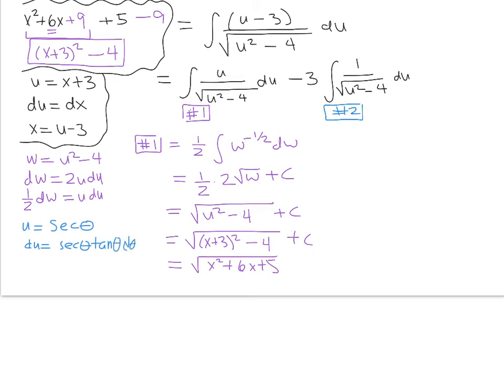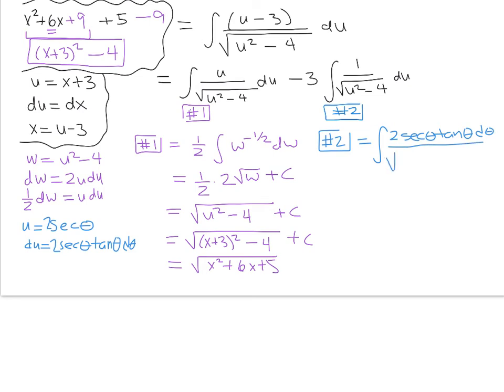Oh, and I'm a little bit wrong. u should be 2 secant of theta, and du is 2 secant theta tan theta d theta. So for number 2, ignoring the 3 for now, because we'll just add that in later, we have that that's equal to the integral of 2 secant theta tan theta d theta